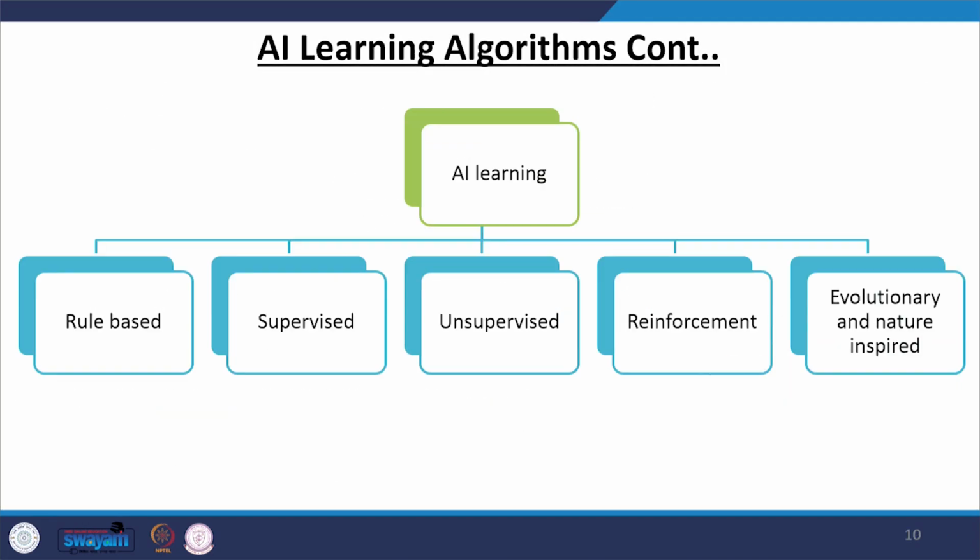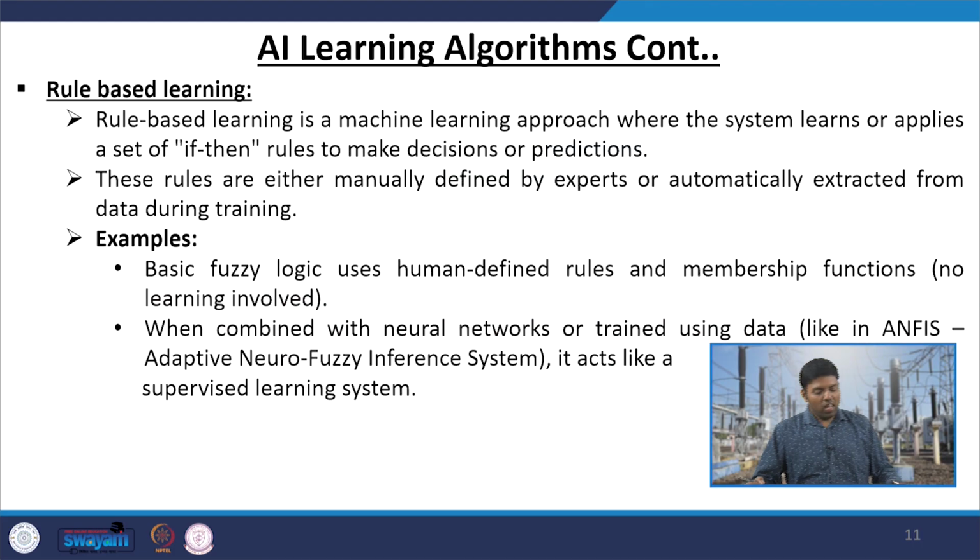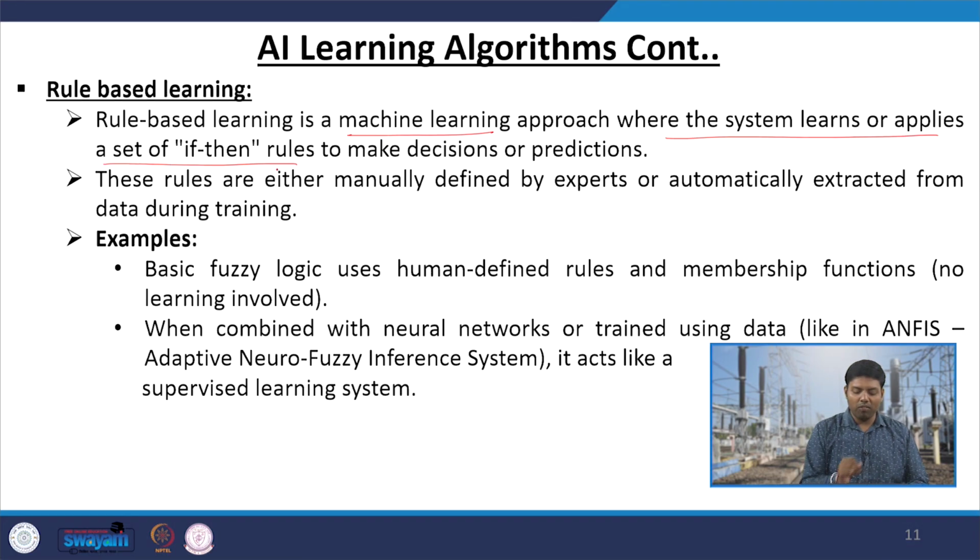Okay. So, there are mainly 5 different learning algorithms in AI. First one is rule based, second is supervised, third is unsupervised, fourth is reinforcement, and last is evolutionary or nature inspired algorithm. What is a rule based AI algorithm? A rule based AI algorithm is a machine learning approach where the system learns or applies a set of if-then rules. That means if something happens, if x happens,